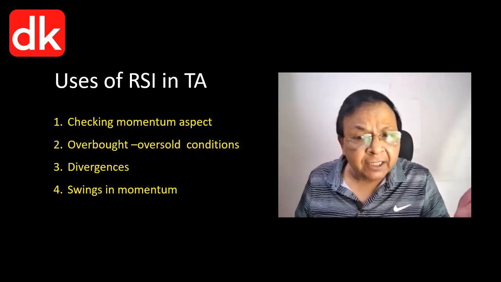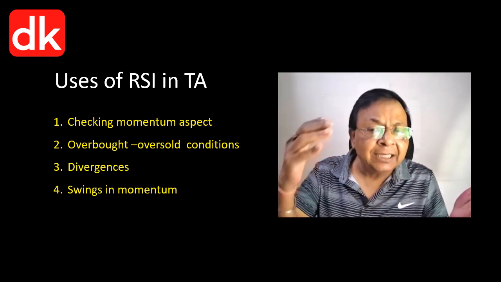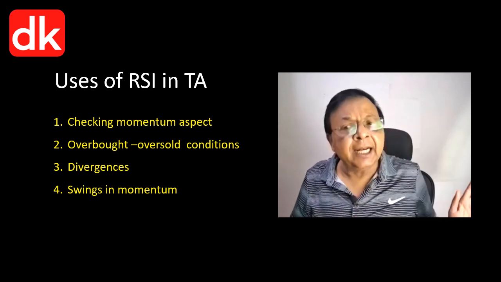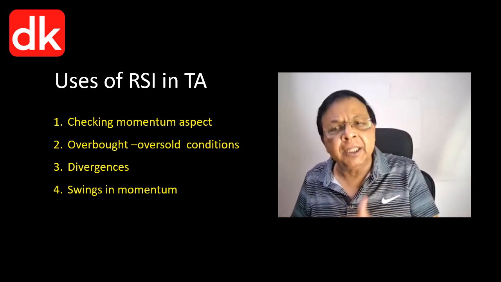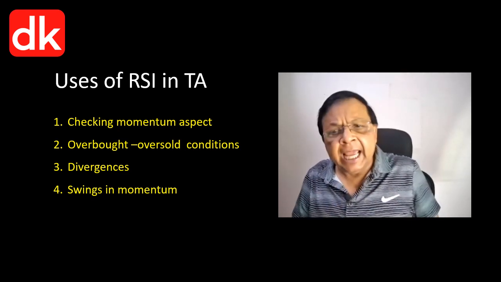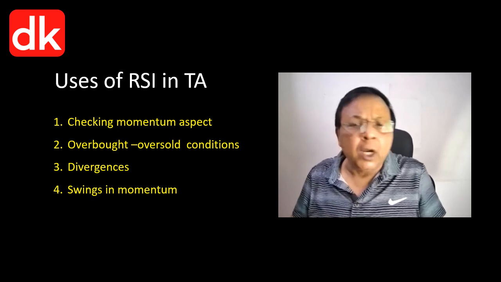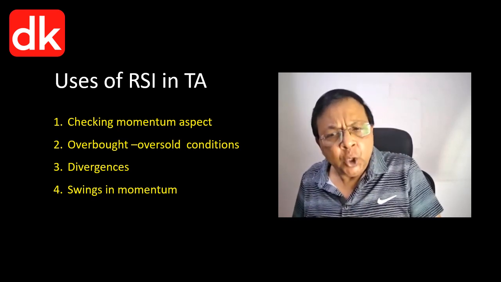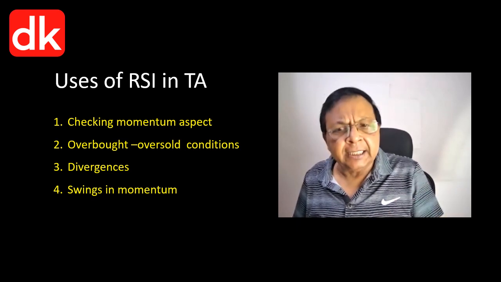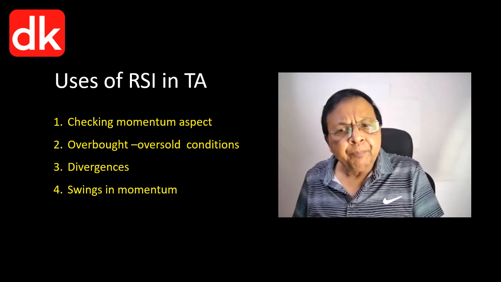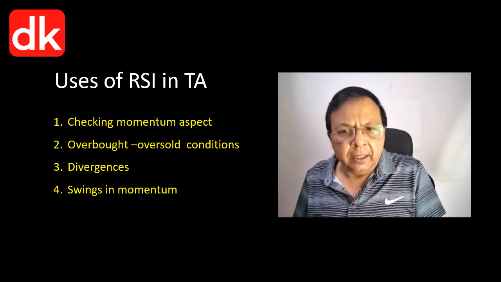Then third, it helps us to understand the divergence. Is there any divergence between price and momentum indicator, which can give you early signal with regard to the movement in the price or reversal? So there can be bullish divergence, there can be bearish divergence, what we call a positive divergence or negative divergence. You might have seen on the technical analysis that we perform on the channel that we use all these aspects and give a commentary on it when we do the technical analysis.